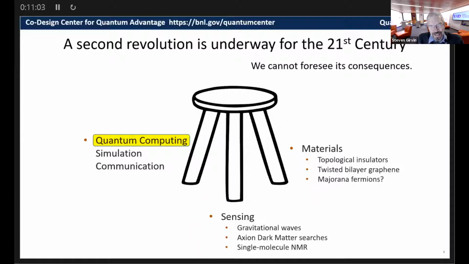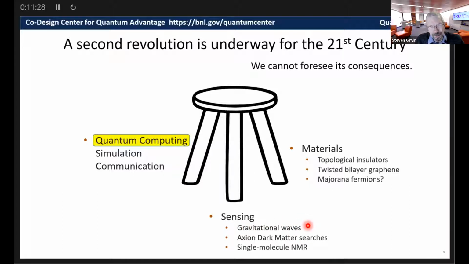Quantum sensing, we now understand much more about the uncertainty principle and how, in certain cases, to defeat it, to be able to detect the tiniest signals, for example, the tiny vibrations of space-time when gravitational waves are released by